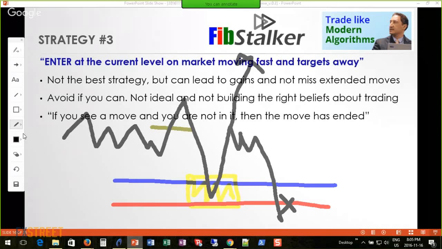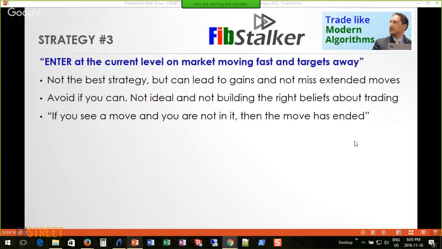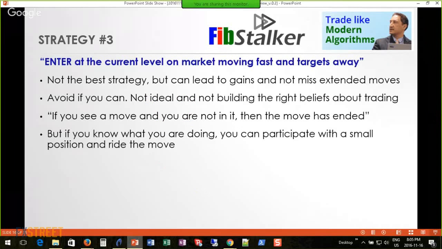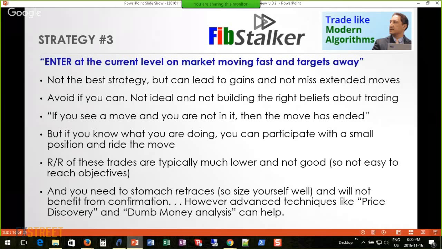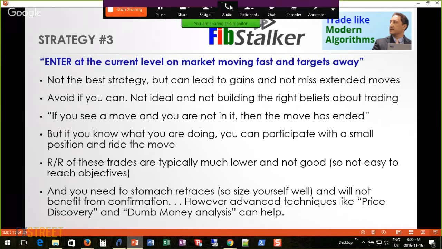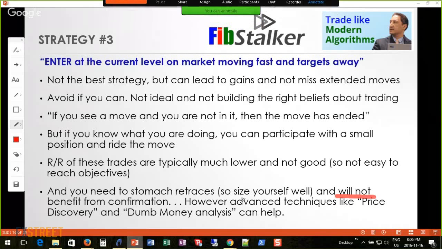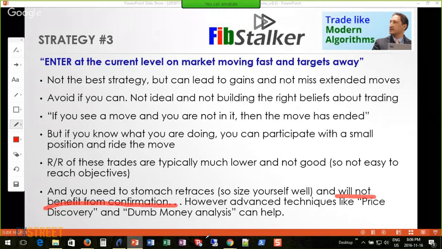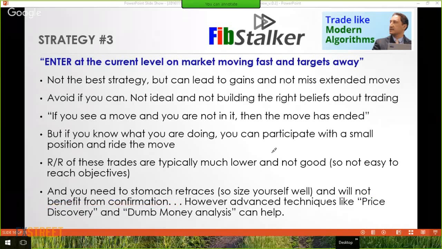And as you can see, you have to stomach all this move lower here, from this point here to this point here. Are you ready for that? Are you built for that? And do you understand that? Okay, so this is very, very important. So it is important that you are ready to do that. You will not benefit from confirmation when you do that. Confirmation might never come. Confirmation can only come when the entry price is tested. However, there are other advanced techniques like price discovery that I teach in my FibStalker coaching program and down money analysis that can help. All right, so